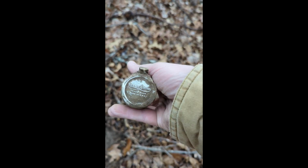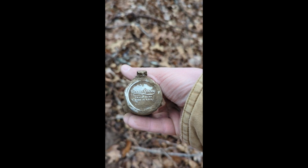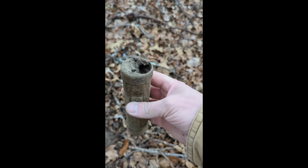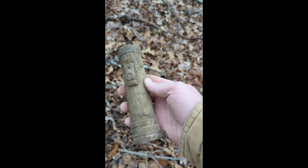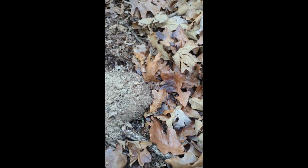And this one has a maker's mark on it, Barney and Berry, trademark, made in the USA. I never knew that they made lightsabers in the USA, so that's pretty exciting. Good find right there. All right, guys, I had a, what was it, 43, 44, decent high tone, small, probably